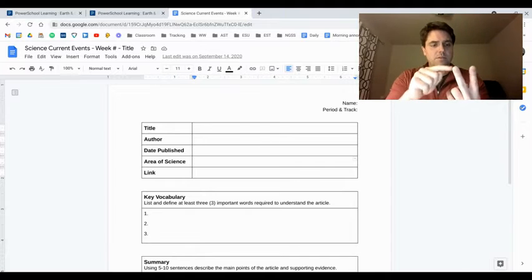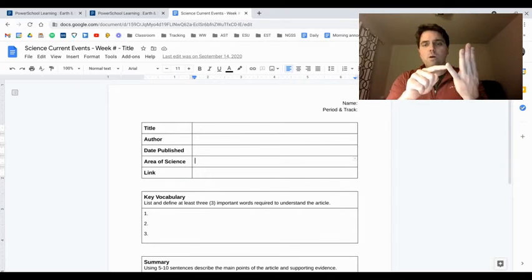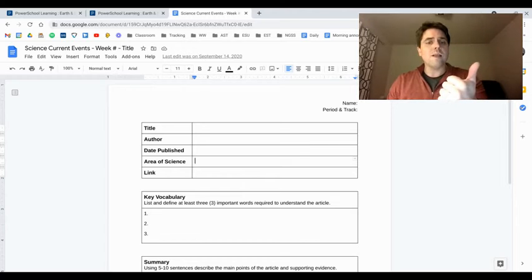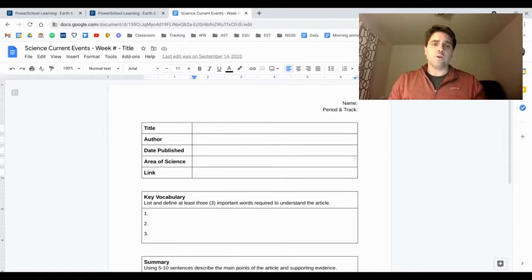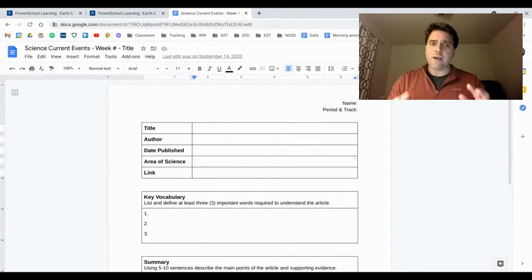The last one's earth science, geology, anything about rocks. So if you're struggling, physical science, life science, earth science, space science, put one of those things in there. If you're not sure, see which one it fits best. Put that in there for your area of science.